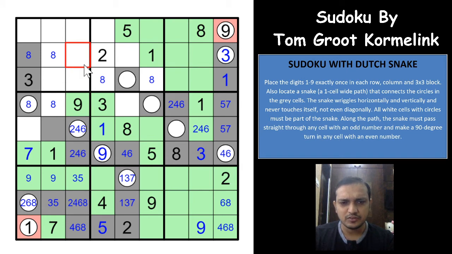Okay, 9, 1, 3, 5, 7 are the remaining digits. 5 is there, so 1, 3, 7, 1 is there, 3, 5, 7, 1, 3, 9 is there, 5 and 7, right? Okay, odd and odd here. Okay. So 1, 3, 5, 7, 9 is there. Okay, we need 2, 4, 6 and 7. 2 cannot be here.